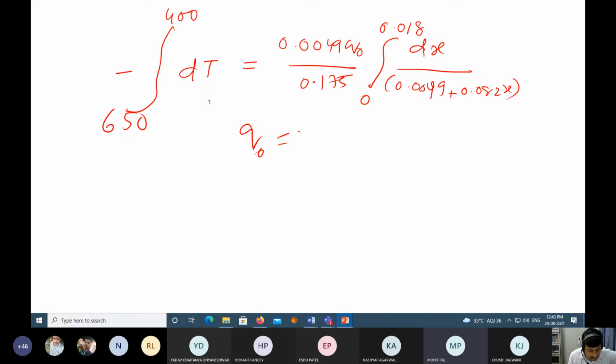Sir, is it approximately 2780.5? Value of Q naught is 2780.5. I have some other value 526, but it can be wrong. Okay. So Q naught is equal to 145. Yes, it can be. I mean, you calculate it correctly. I have the value of 526 watt per meter square.